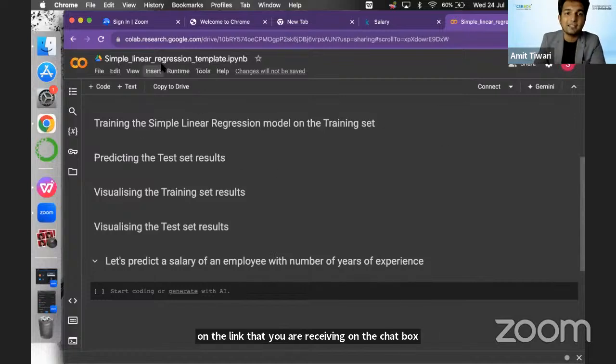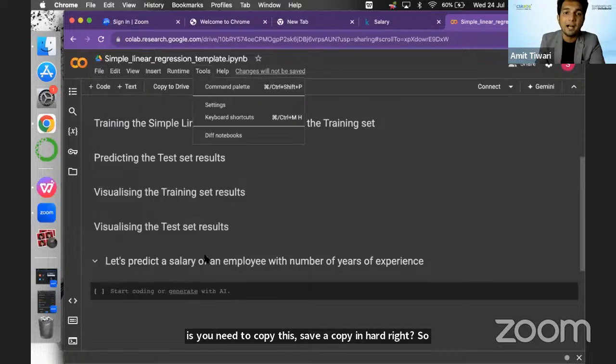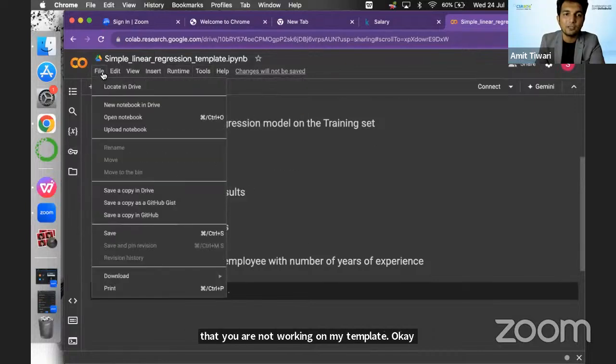Quickly do that. Go to this link. What you need to do is copy this and save a copy in your Drive so that you are not working on my template. Okay, so you need to save a copy in Drive. Click on this, save a copy in Drive,